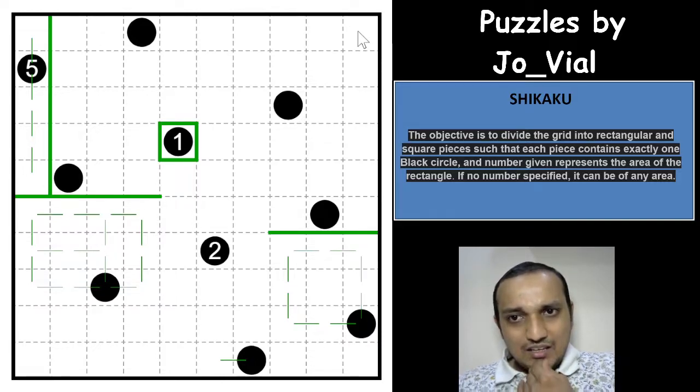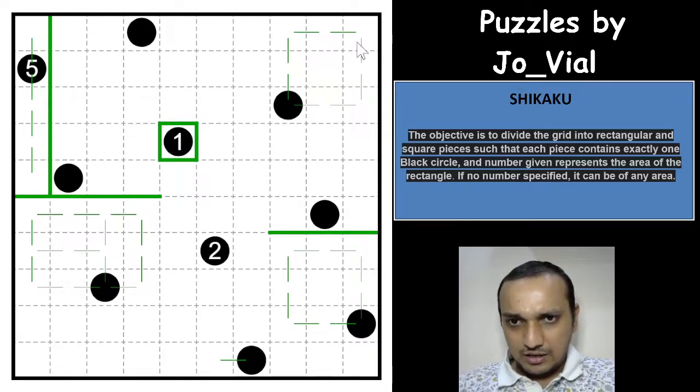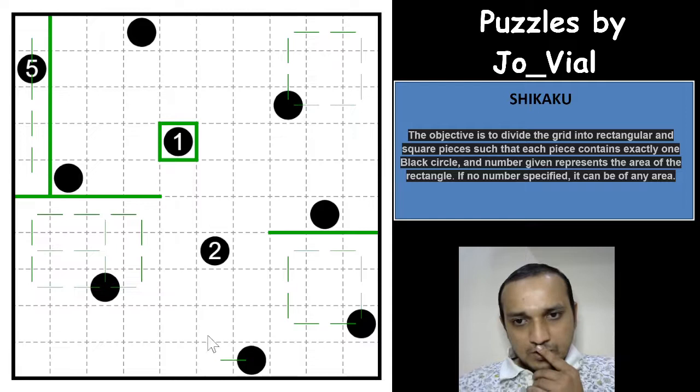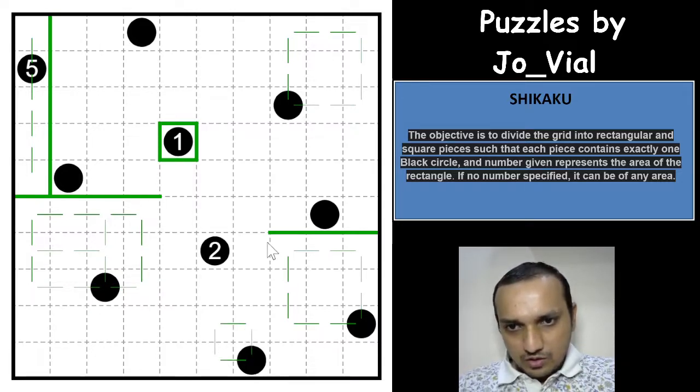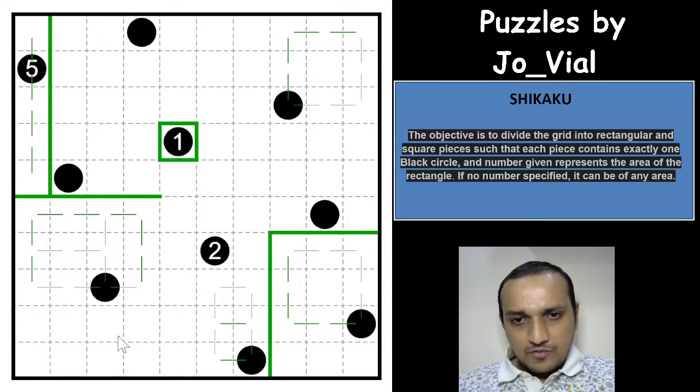And which means that this cell can only be taken by this circle, because if it is this circle, then it cannot take any of these two cells, right? That we have already deduced earlier. Okay, so which means now this cell can be taken by this circle only. So this is a rectangle here. Again this cell, now this cell can be taken by this circle only. That is also done, which means all of this area will be taken by the bigger circle here. So done now.